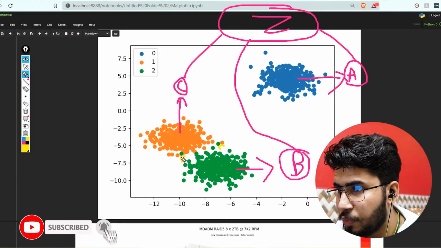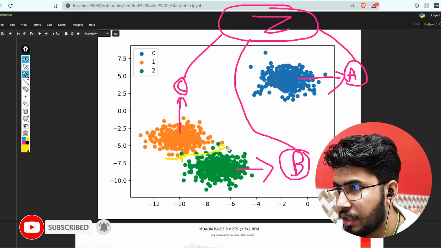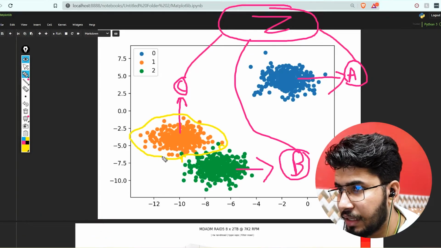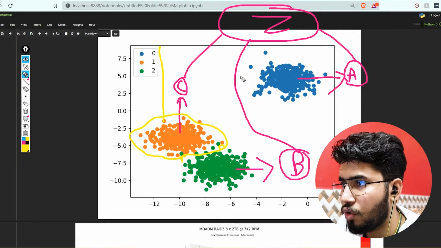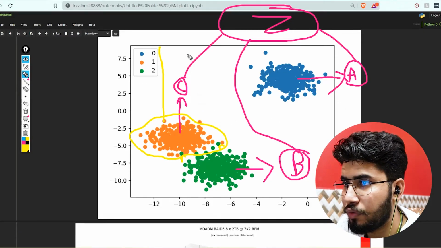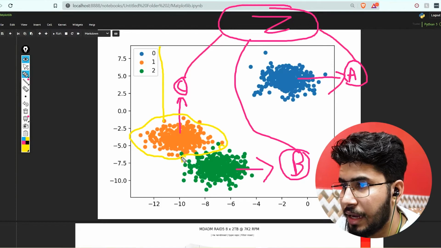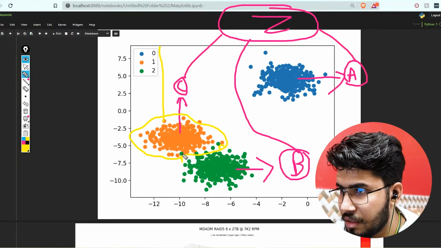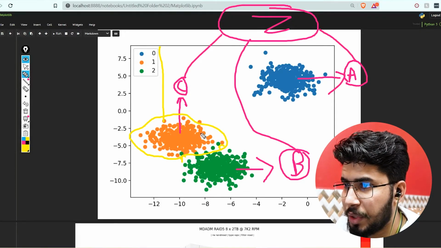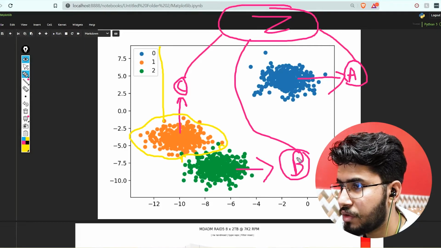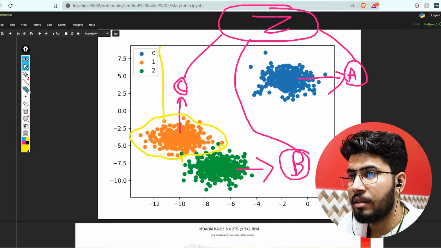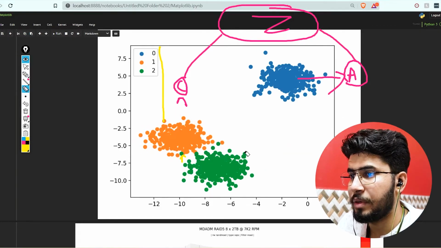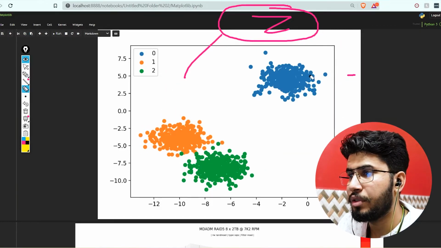Although this green point is coming in this area, you can think of this whole thing as a 2D map, and you can say this green person is coming from this area, but he always goes to B class.